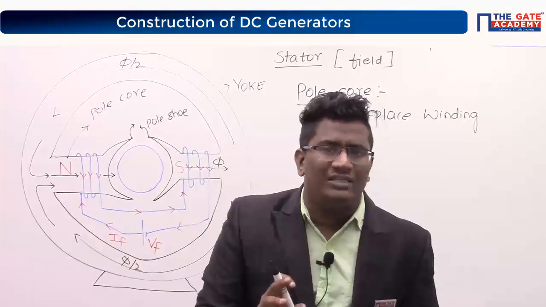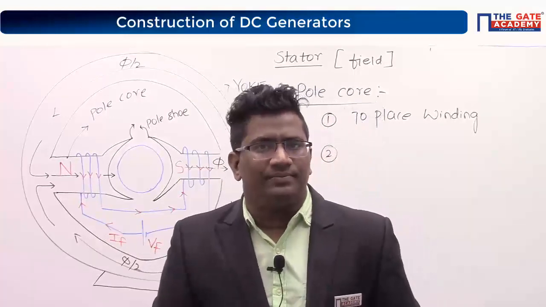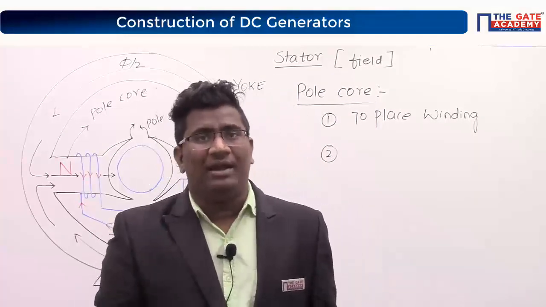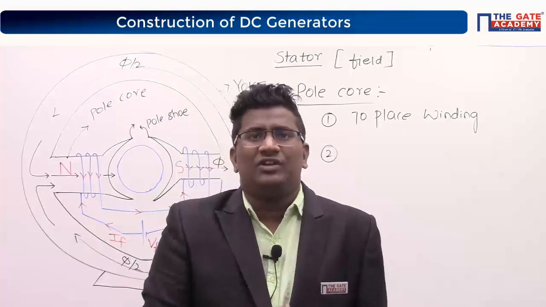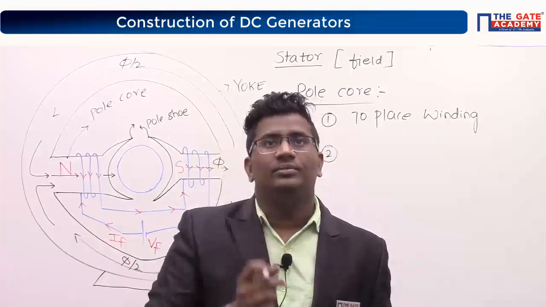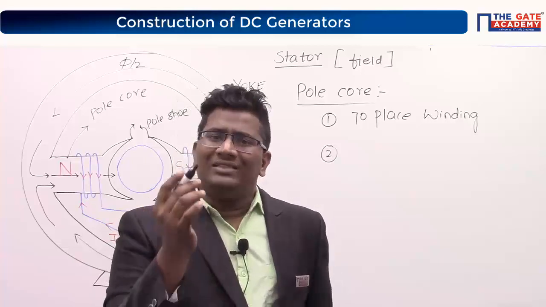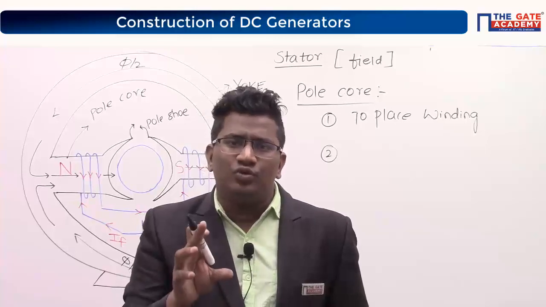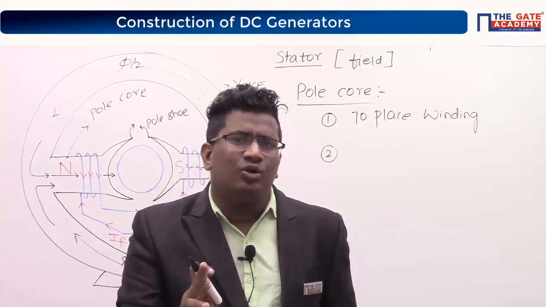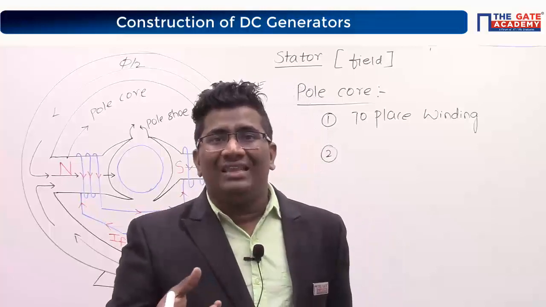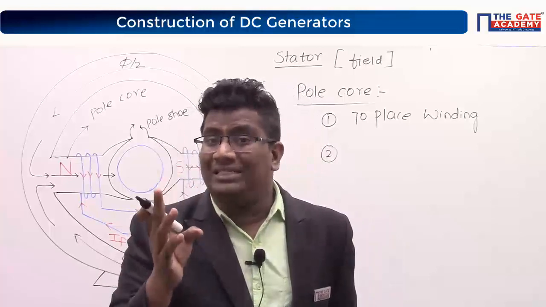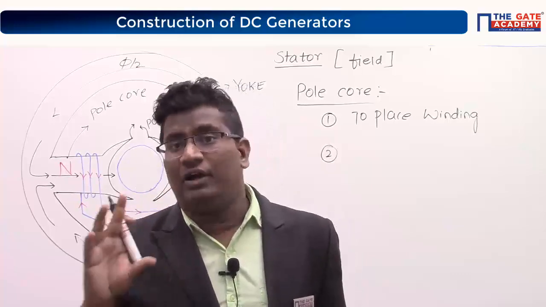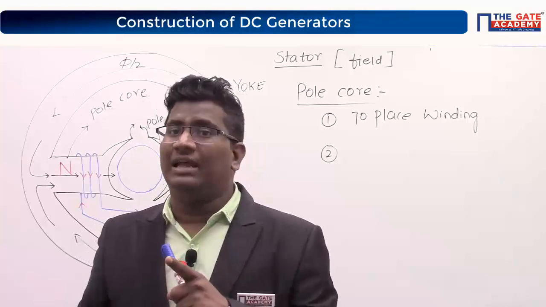Which one will you prefer always? Permanent magnet or electromagnet? We have two choices. Always electromagnets only we will prefer. The reason is to vary the flux, right? The main purpose of choosing electromagnets is to vary the flux, because flux is an important parameter for torque and EMF. If I control the flux, I can control the induced EMF and the torque.